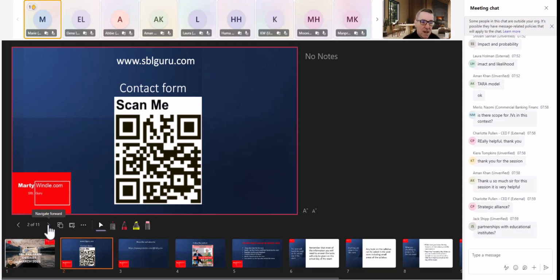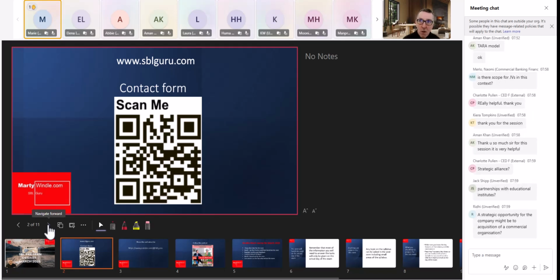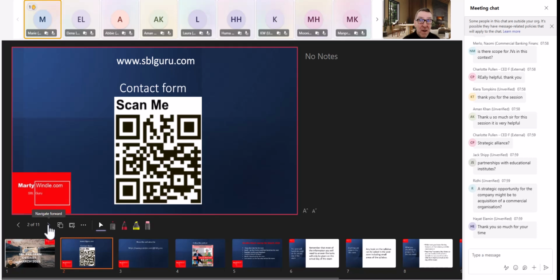Merger. Alliance, yeah. Partnership with education, yeah, definitely. Partnership with educational institutions. It's definitely good for their non-financial goals to partner with the university. So you've got to try to balance the two things, right? You've got to balance their goal to educate, their non-financial goals, with their commercial goals.